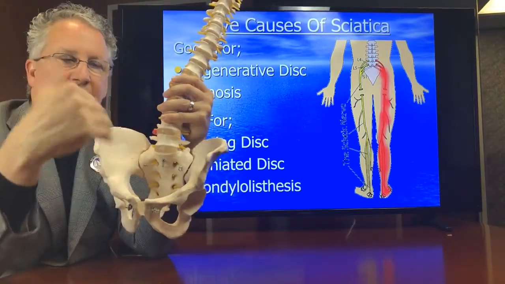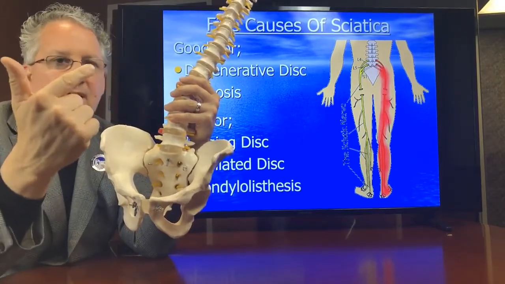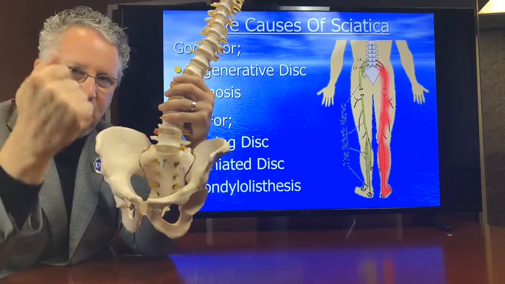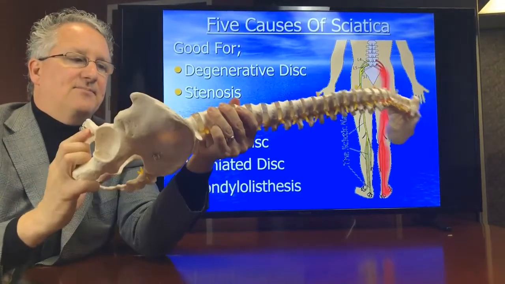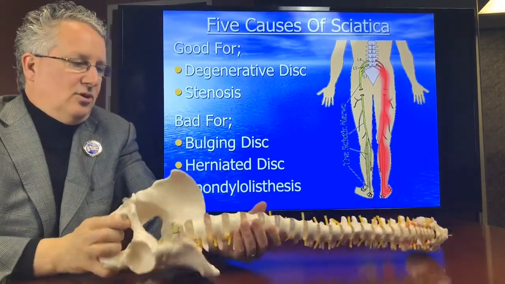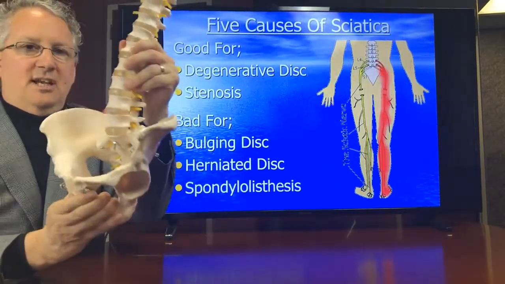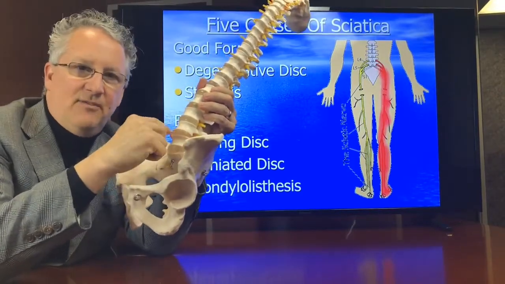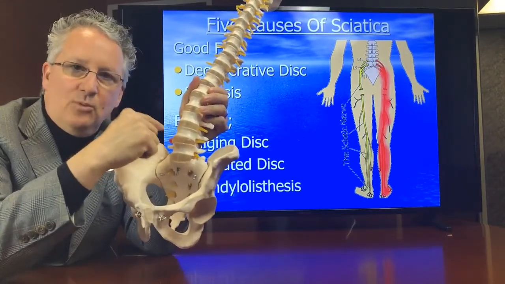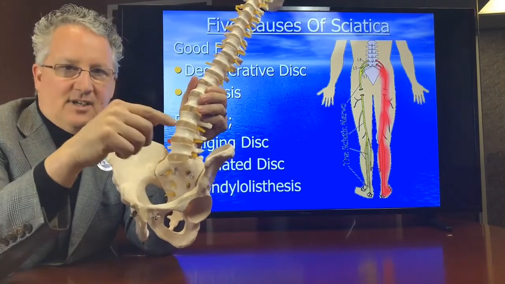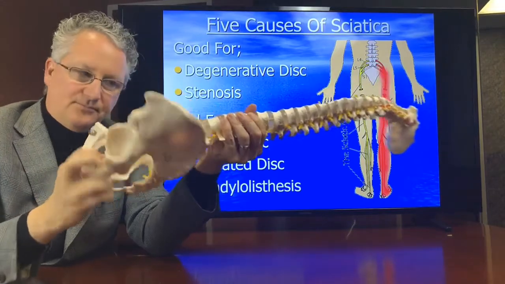Now, we had 2 tips, how to get out of a car and how to get out of bed. And the reason that we give you those tips is because in certain patients, rotation is bad. So when you get out of bed, what we said is you have to roll your whole body at the same time and then sit up and get out of bed. Okay, you don't want to roll your hips and then roll your shoulders and then get out of bed, because what that does is it causes a shearing force on the disc, and rotation on a disc that's herniated makes it worse. But today's exercise, which is double knee rotation, which is really low trunk rotation, there's some rotation in there,